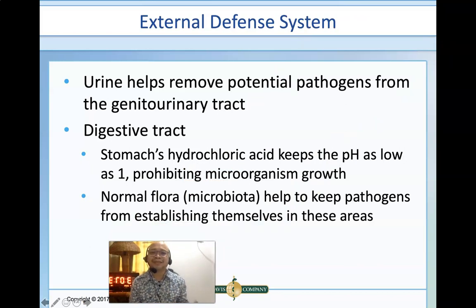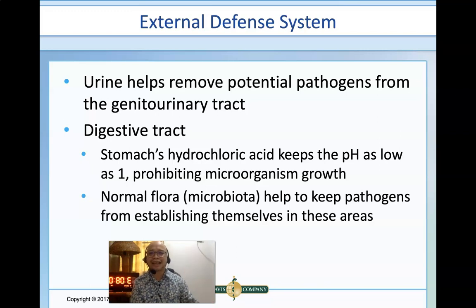The urine helps remove potential pathogens from the genitourinary tract. So whenever we are flushing away the urine, we keep the urethra somehow free from potential invading microorganisms. And speaking of the digestive tract, which I mentioned to you a while ago, do you know that the stomach's